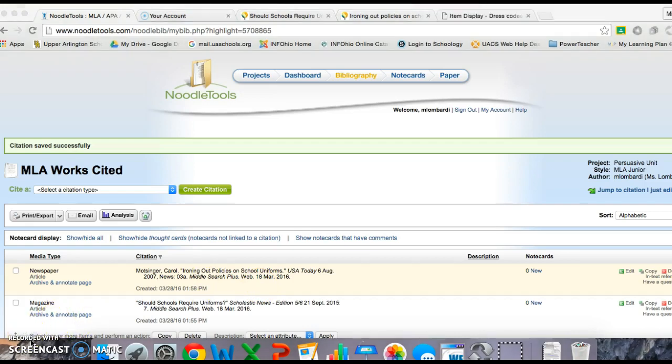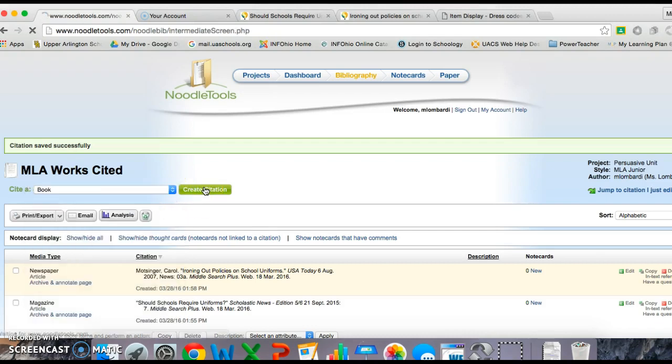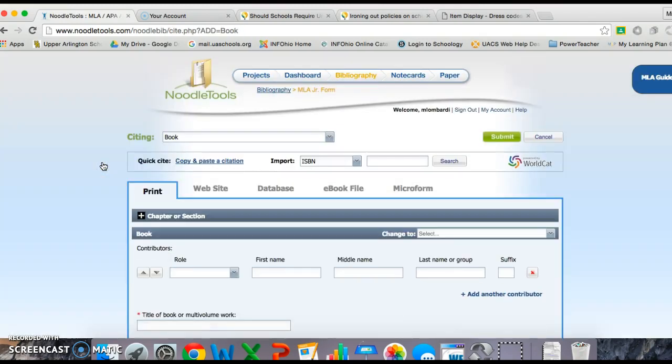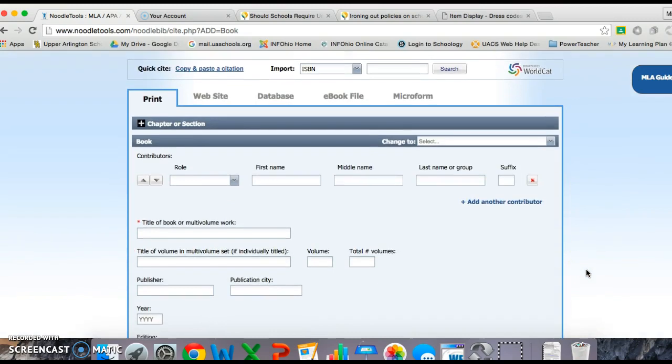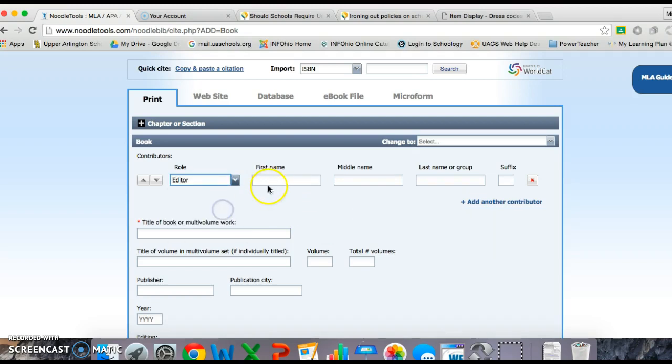The next source we're going to cite is a book. This time we can select Book from the drop-down menu and then click Create Citation. Here we'll click Continue, and now we can enter all of the information about the book that we used. I'm going to cite the book Dress Codes in School by Cynthia A. Biley that I found here in the Learning Center. Cynthia A. Biley is the editor of this book, so I'll choose Editor here,